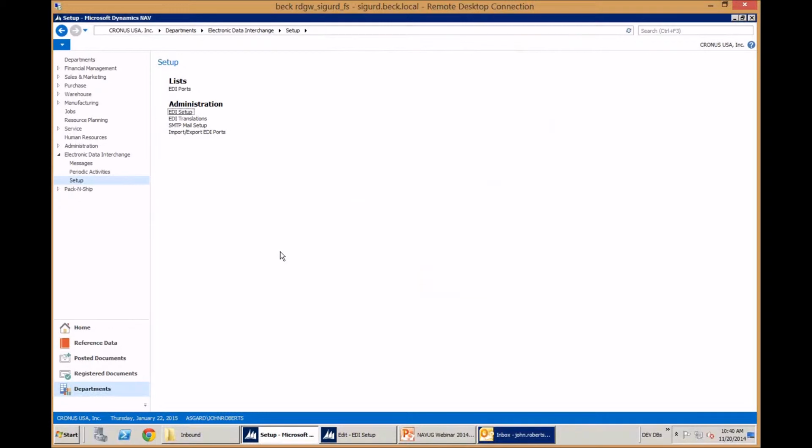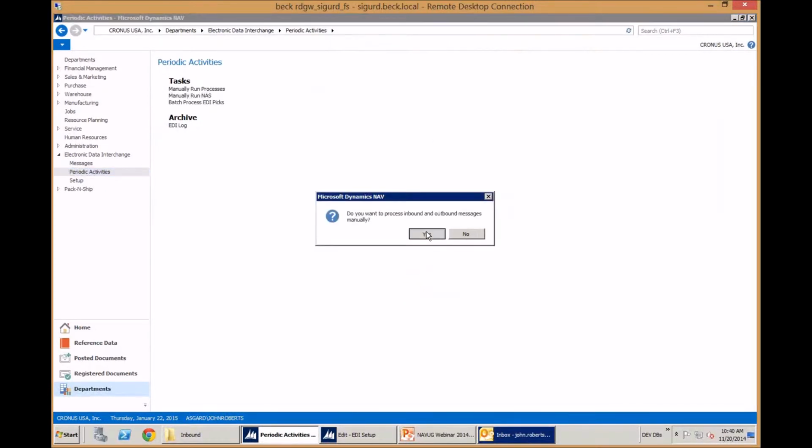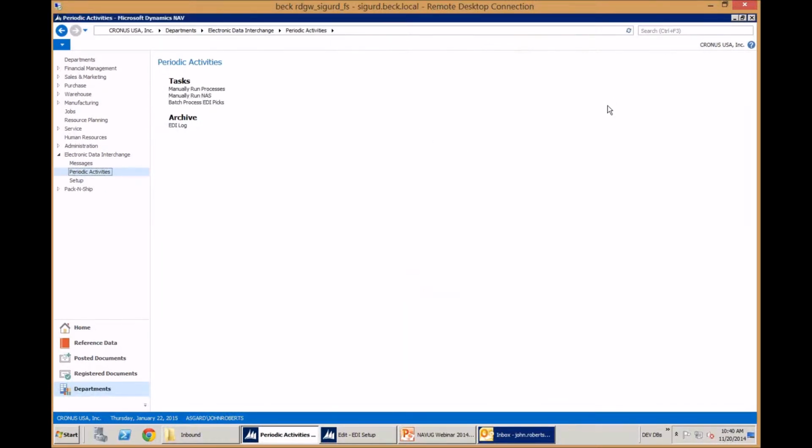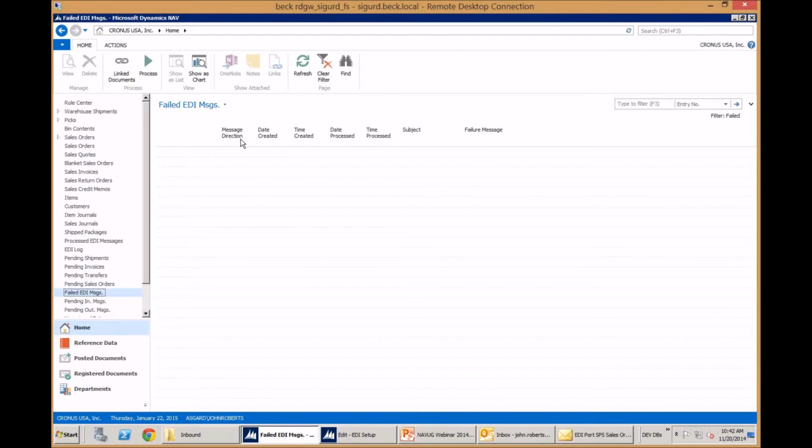In my system here, I don't have any automatic process running in the background, so I'm going to have to manually trigger it. I'm going to go into periodic activities and manually run the NAS. We're going to wait a few seconds while it processes all the background activities. The first time is going to take a little bit longer, but basically it's receiving, it's sending, and it's going to pick up that file and try to process it. If everything goes as expected, we should have